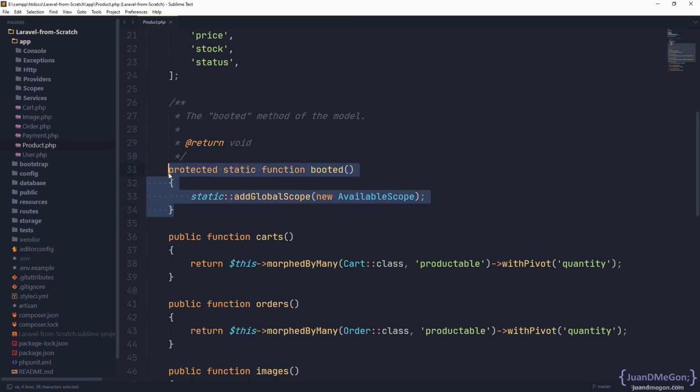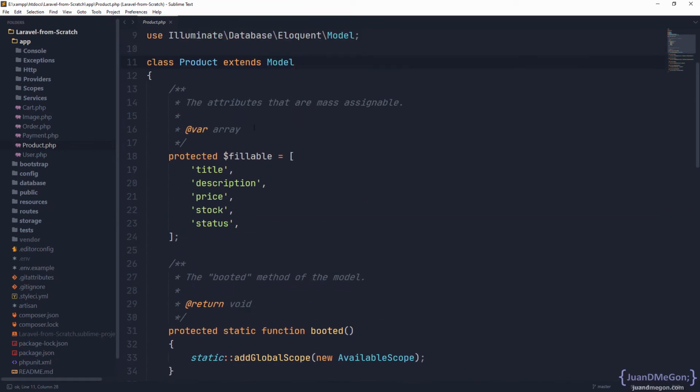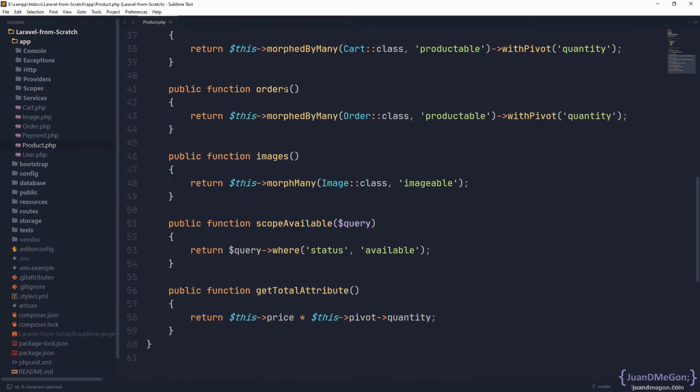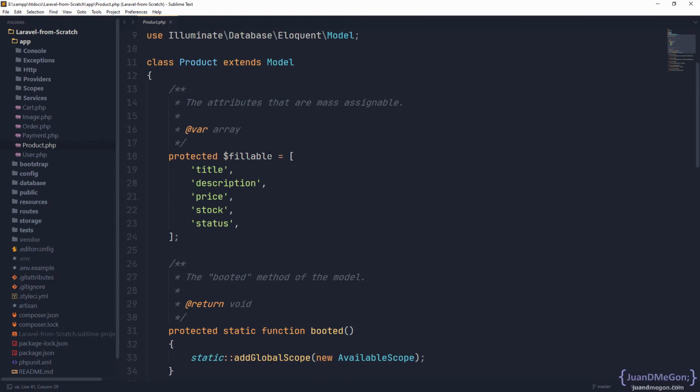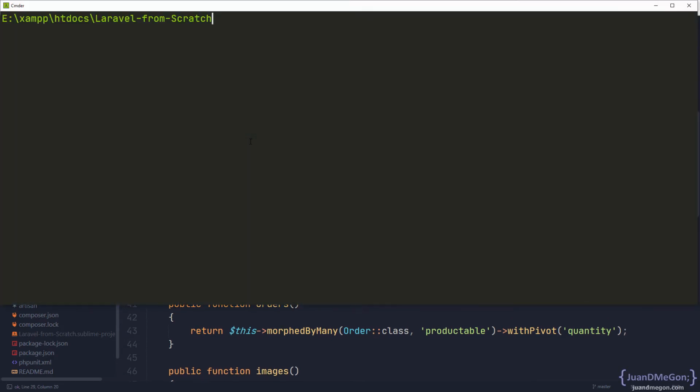But we only need to specify a different functionality for the booted method. So even when you can just create a copy of this product model, there is a better and more programmatic way. We are going to use inheritance. We are going to extend the new panel product model from the product model. So if in the future you change this fillable attribute or you change the name of a relationship or something like that, everything is going to keep working the same. And the only difference is going to be the booted method, which is going to ignore, or basically not apply, the global scopes. So let's go to our command prompt, and there we are going to use PHP Artisan again,